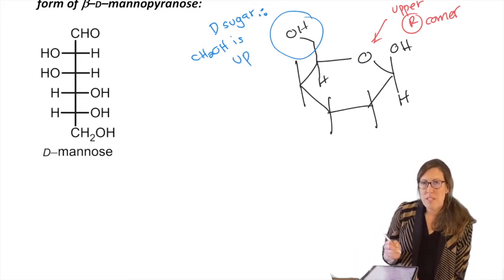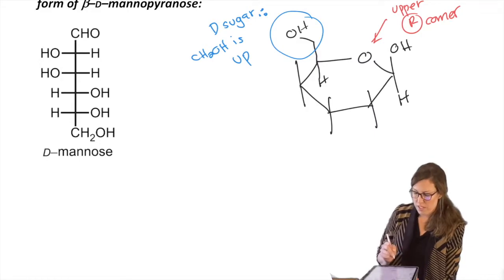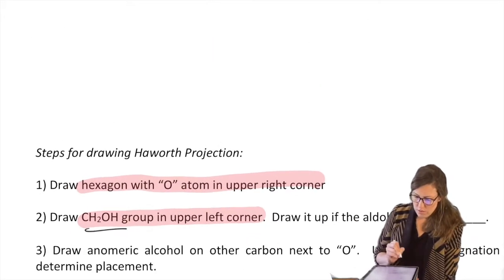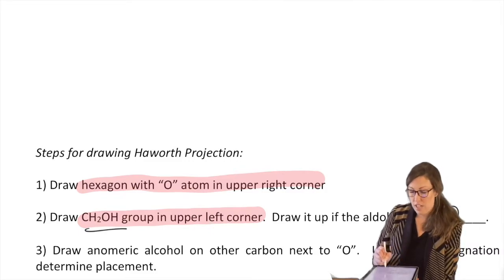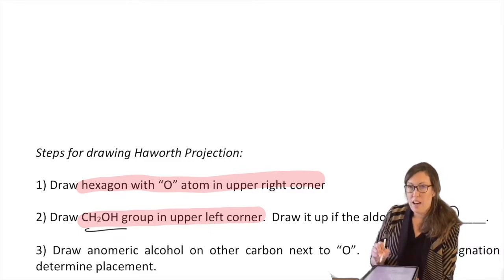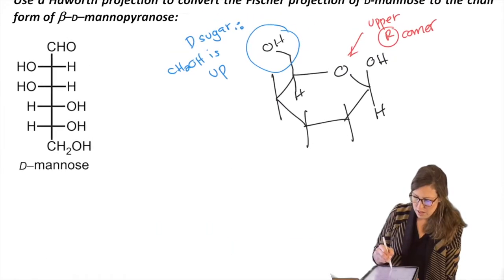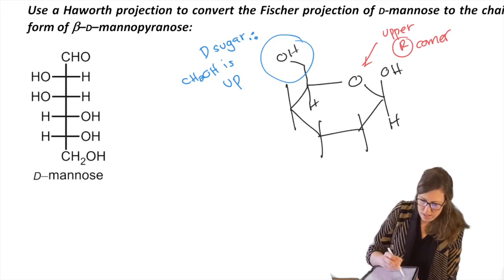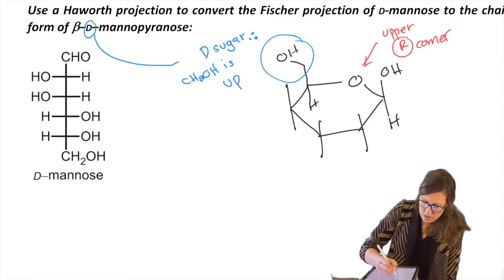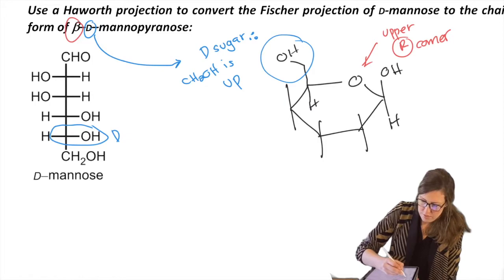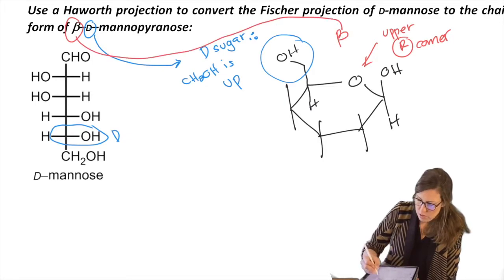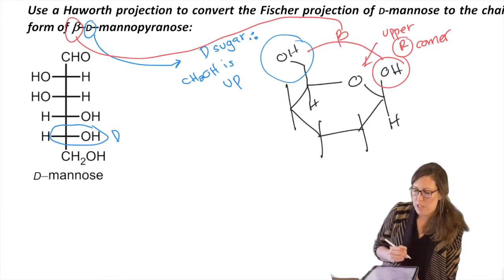You don't have to memorize that. You'll get that by accident. We're actually going to work it out here and prove that it is up. Also, the anomeric alcohol is on the other side of the CH2OH carbon. And the alpha beta helps you determine where to put it. Okay, so let's go back to alpha beta. We were told D, helped us figure that out, right? We also can see that it's D here. And then beta means that these have to be cis, which means the OH must be up on the anomeric carbon.